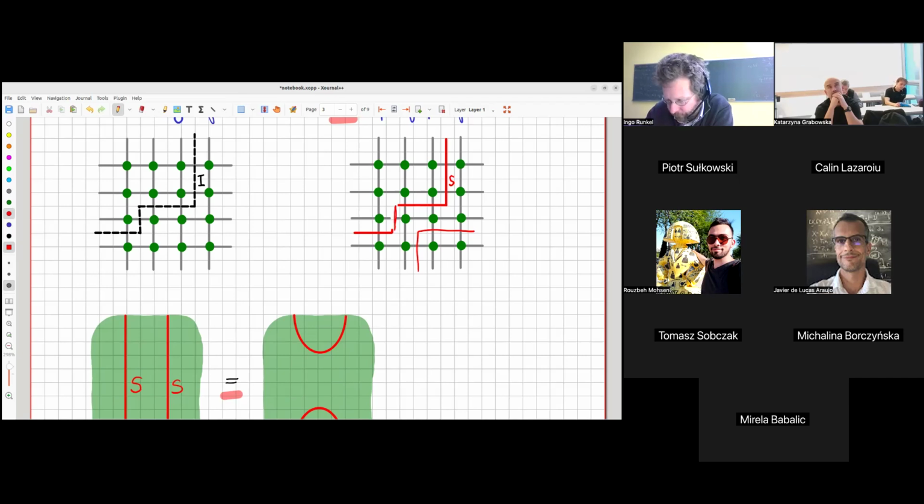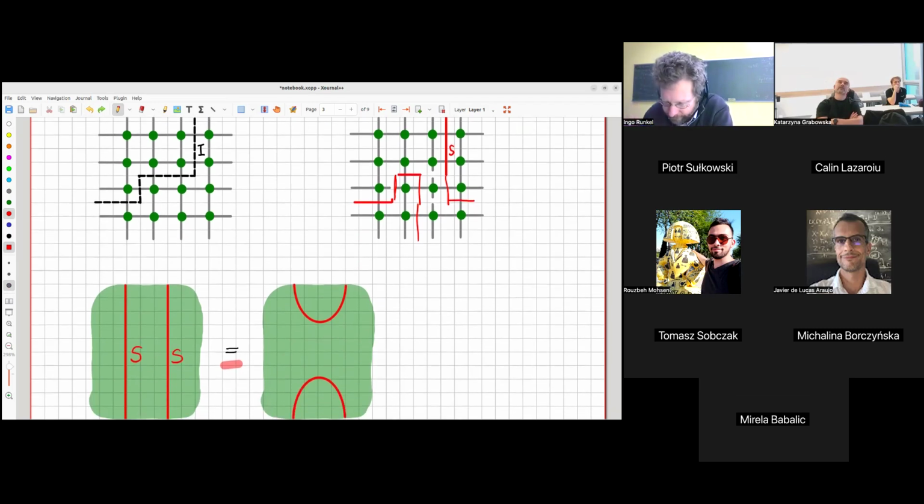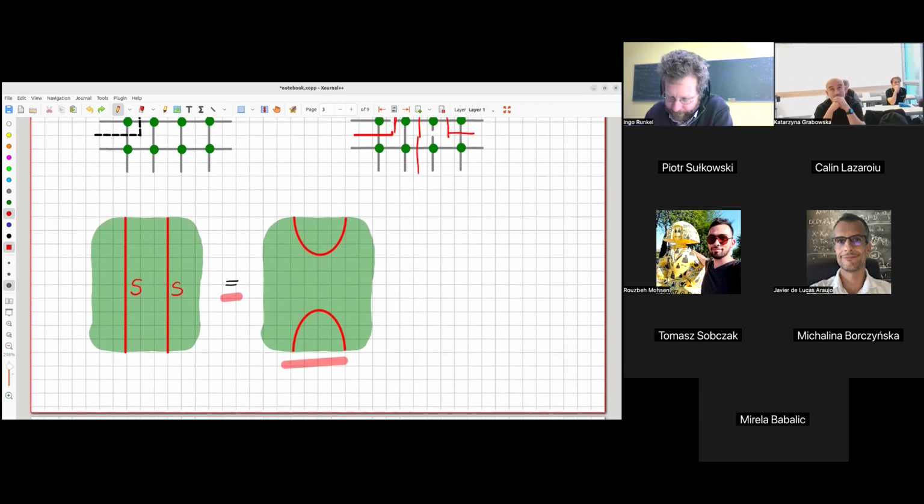So this was here, and now I just say, okay, how do I want to do this? I want to delete these two and reconnect them like this, and I can do this at the price of changing the spin in the middle here. Right, and so I've reconnected the red lines, and that's again an exact identity on the lattice. So that's what I'm doing in this picture.